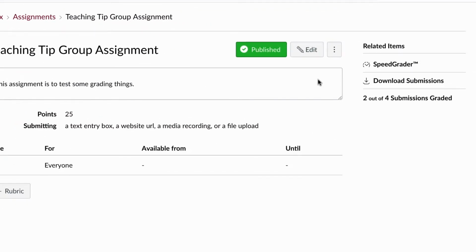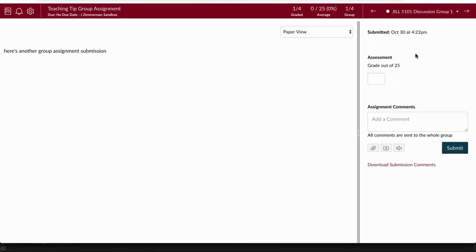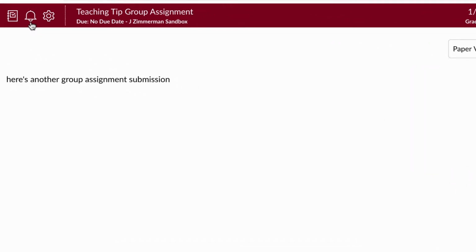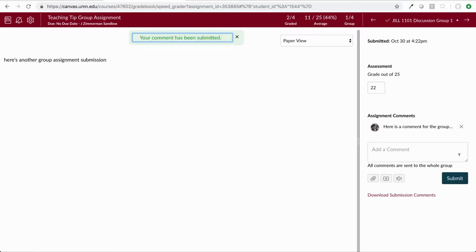and click on SpeedGrader. Mute the assignment by clicking this bell icon so that students don't receive grading notifications until you are finished grading. Next, grade and give feedback to the group as if everyone was getting the same grade. Now click Submit. Now return to the assignment